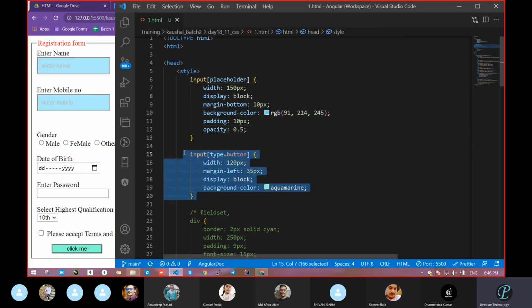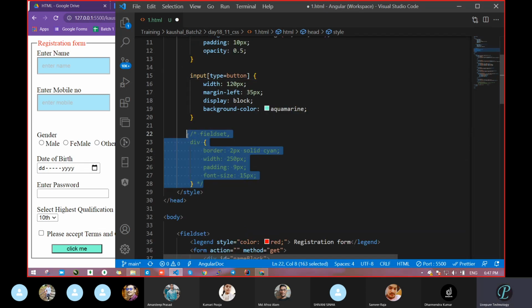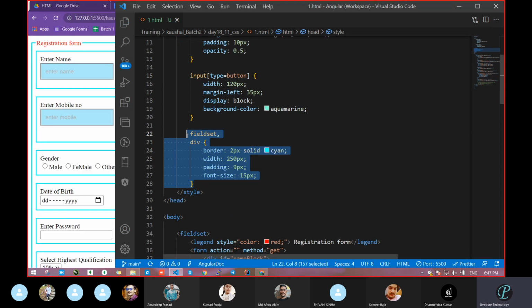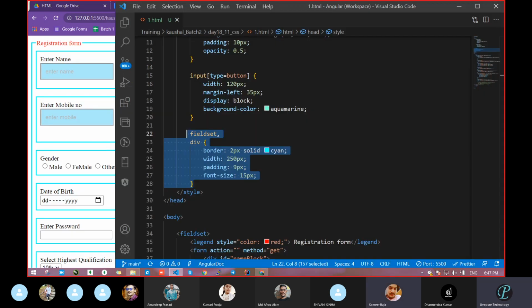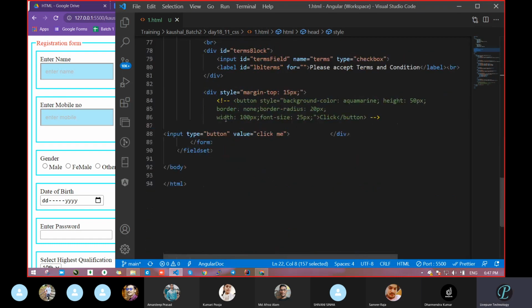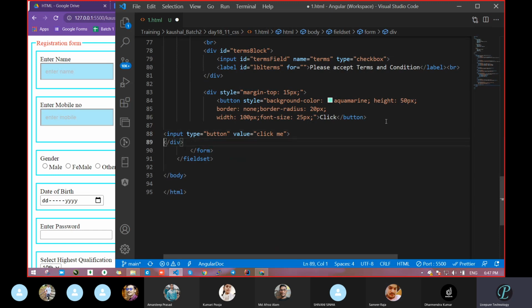I'm not going to design all of this. I'm going to comment this line of code. Let it be. Now come to my design, uncomment and save. You got this section. Due to block it is coming like that. So we can manage and design this way. Clear or not? Anyone having any issue in form design, you can tell me.